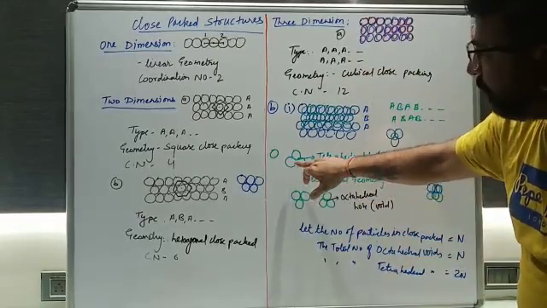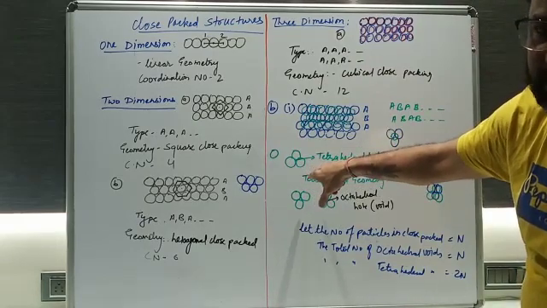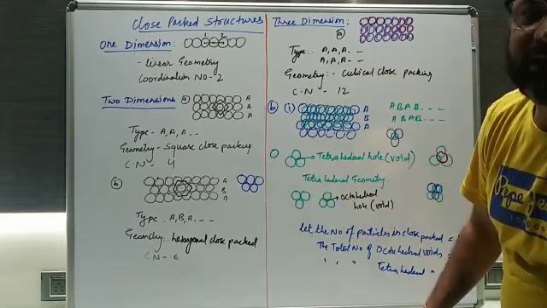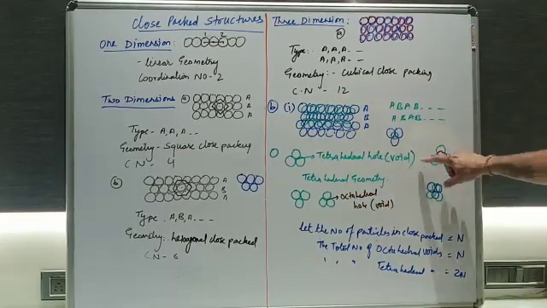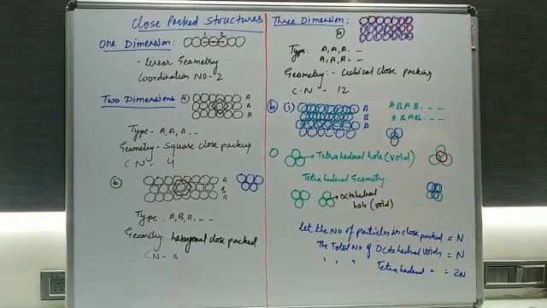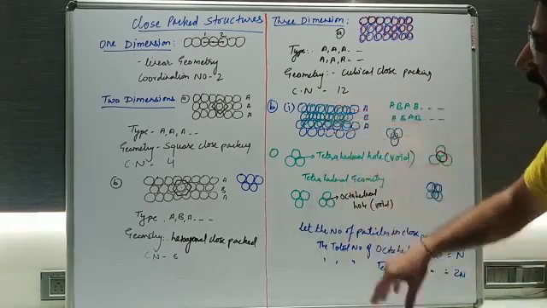Okay, why is it called a hole? Because there is a space present between these 3 particles. It is a hole, and 1 particle is kept on that. Then it is called tetrahedral geometry. Is it fine? So I have just drawn the diagram here. You can see that. Now this is one arrangement in that case.